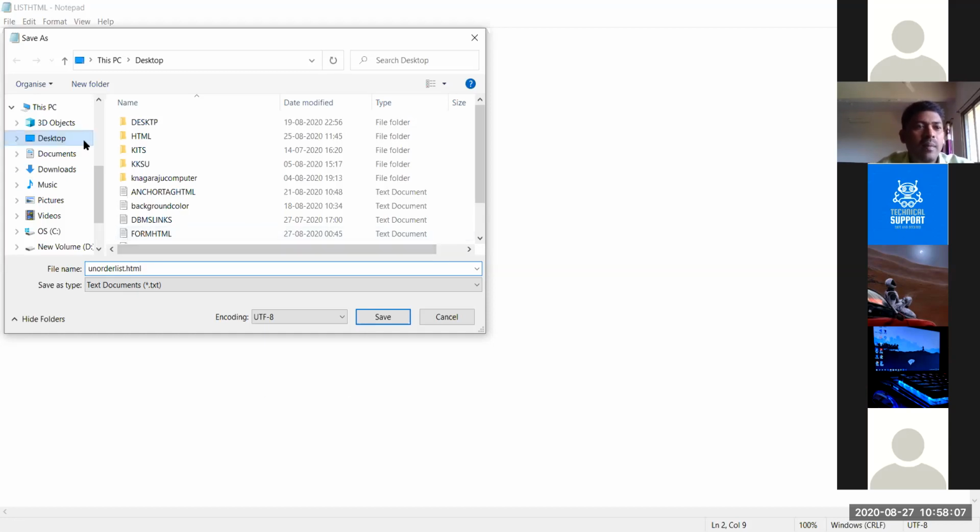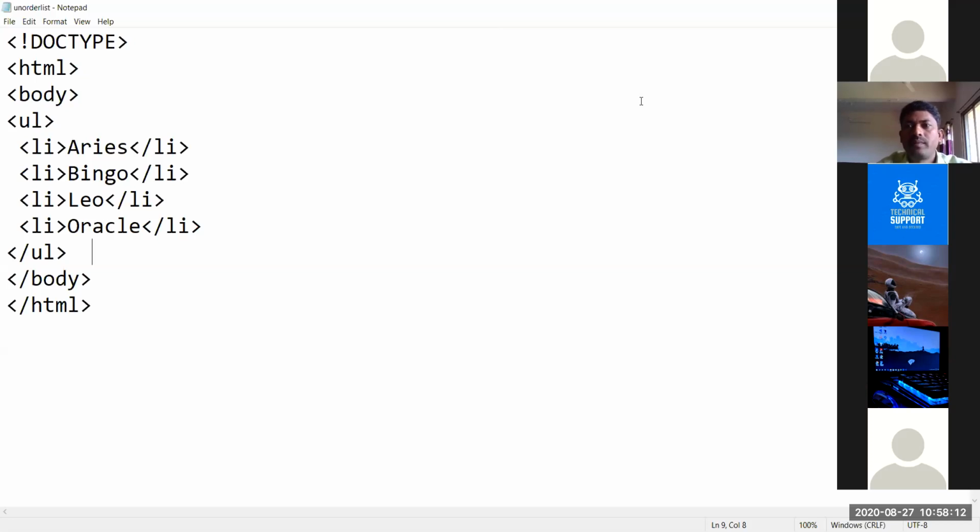Save the program on the desktop. Then you will see how the output looks like.